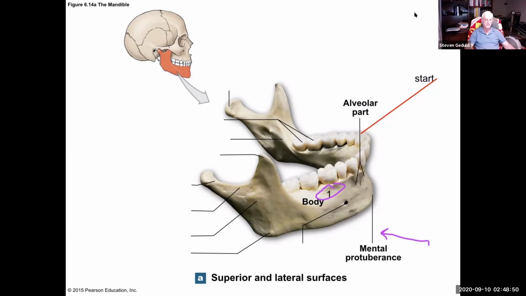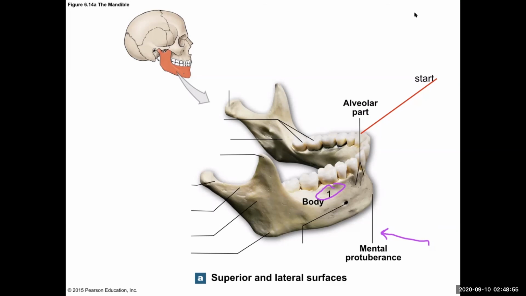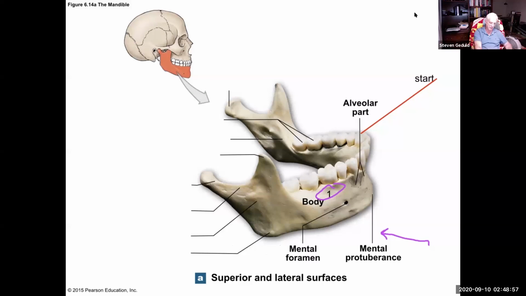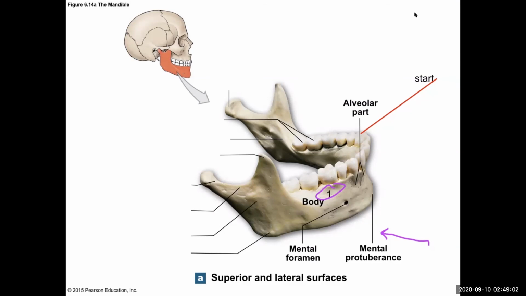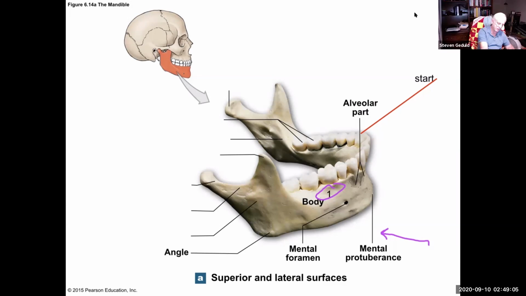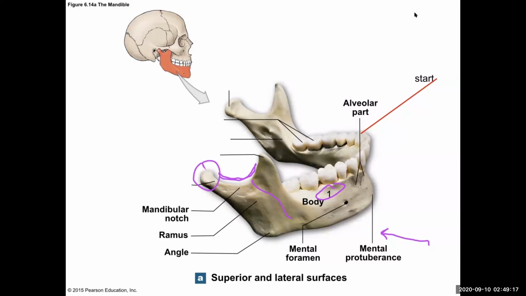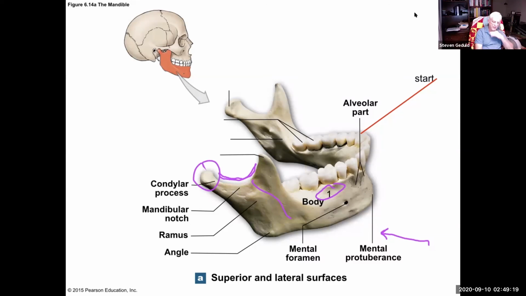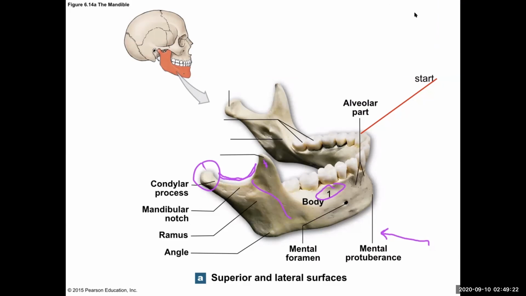Okay. What's that big dark hole that people mistake for an abscess all the time? The mental foramen. Perfect. Okay. And what part of the mandible is next? The angle of the mandible. And then this part of the mandible is called the what? Ramus. And this is called the mandibular notch. And this is called the condylar process. And this is called the